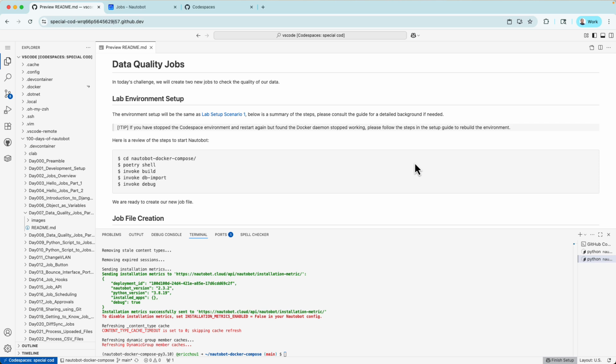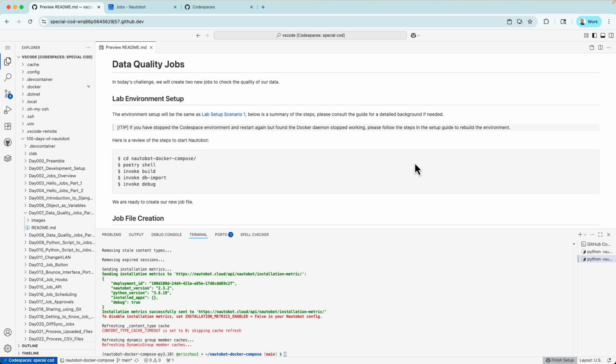Basically, we want to create jobs to double check and verify that the data within our Notabot is good. We're trying to do simple checks that maybe use a regular expression, or maybe just check the existence of the data within our Notabot, because a human could be entering that data. Maybe we use an API or some other automation process to automatically import the data. If that's what we did, then it's especially important for us to always verify that the data is good